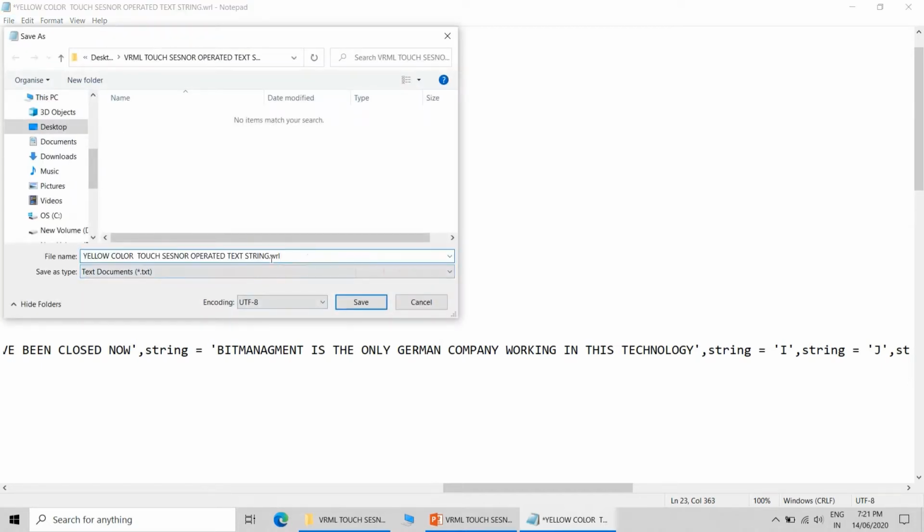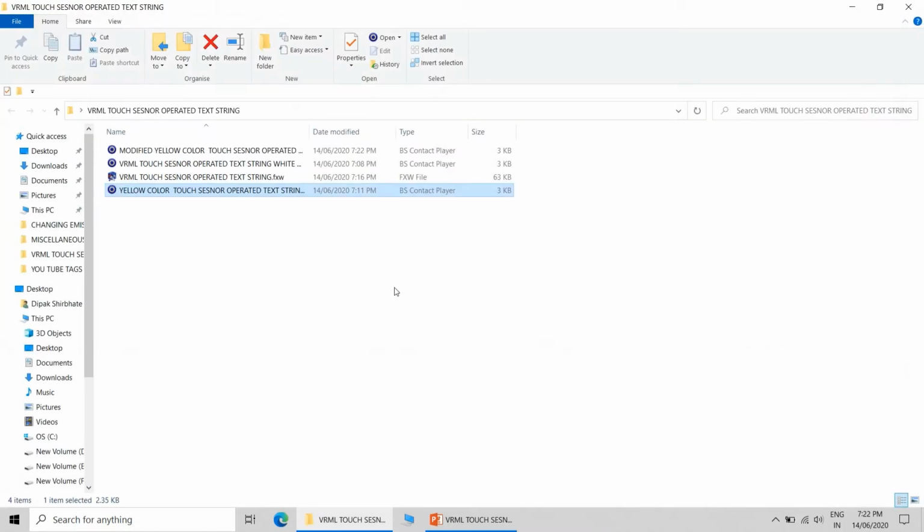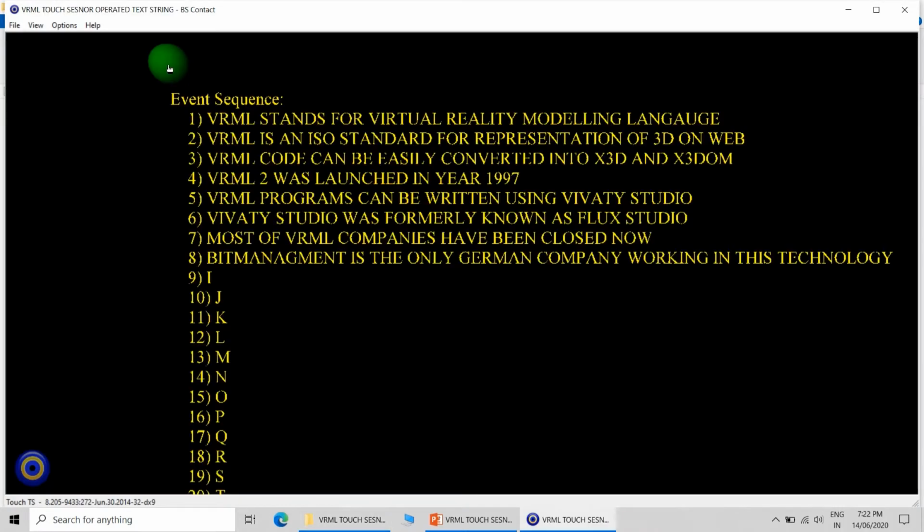This is the only company which is working in this particular format till today, Bit Management. You can use BS Content Studio also, but I found this Vivity Studio more comfortable, and whatever text we have introduced in the code, that text is getting reflected.